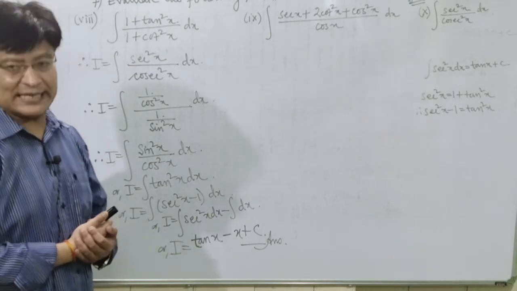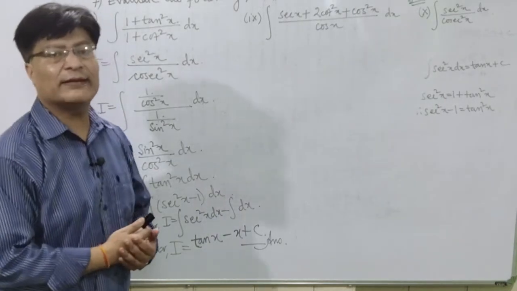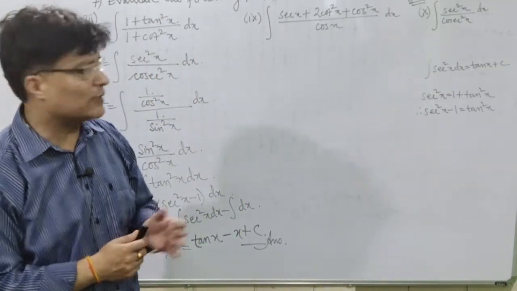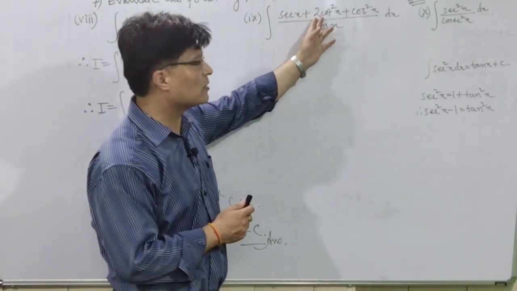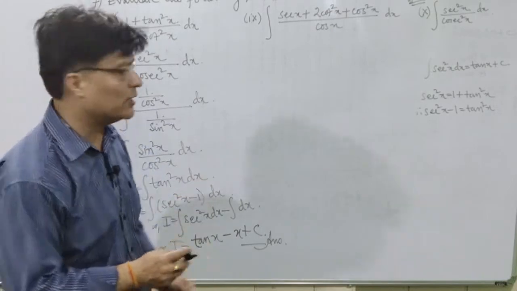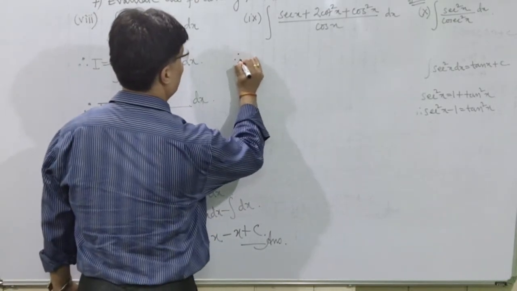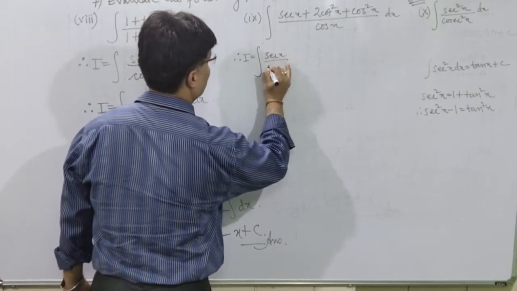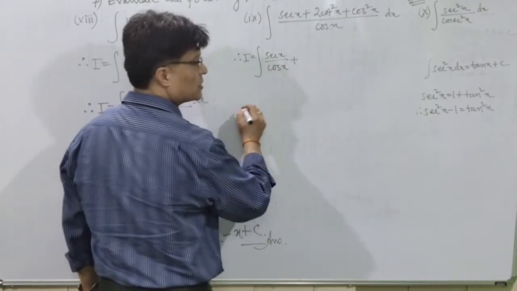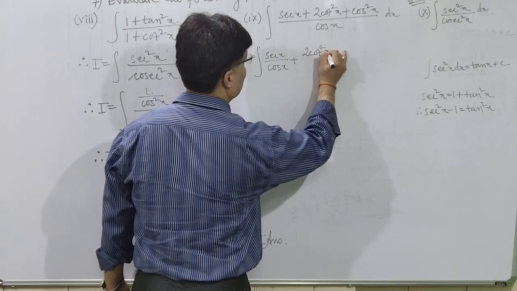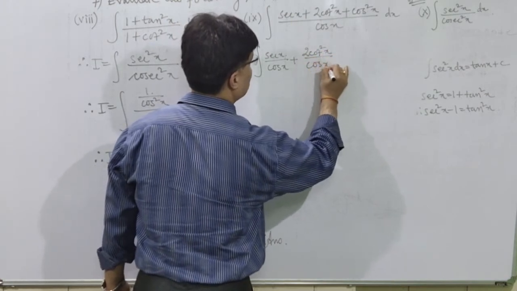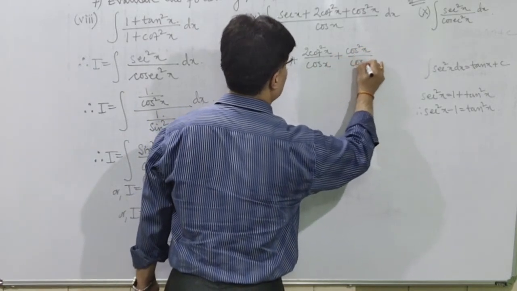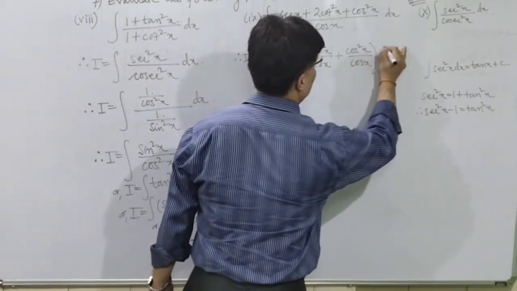whole divided by cos x dx. So what is the method for integrating it? In this case, you can separate the terms, isn't it? That is first term divided by denominator plus second term divided by denominator plus third term divided by denominator. Right? So therefore, I is equal to integration of sec x divided by cos x plus 2 cot square x divided by cos x, right? So plus cos square x divided by cos x, keep it within bracket, then you have to write dx